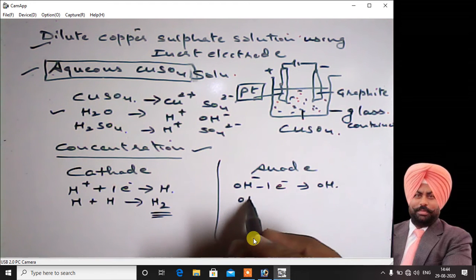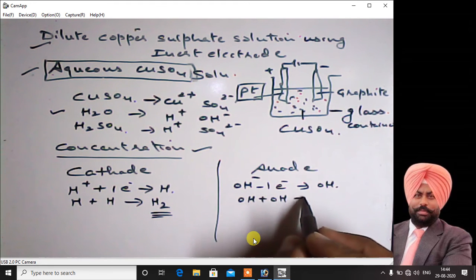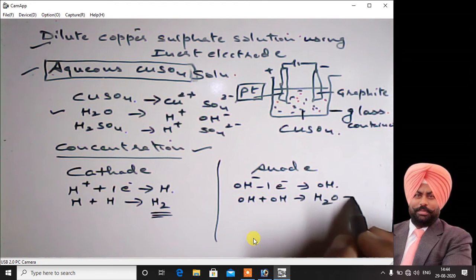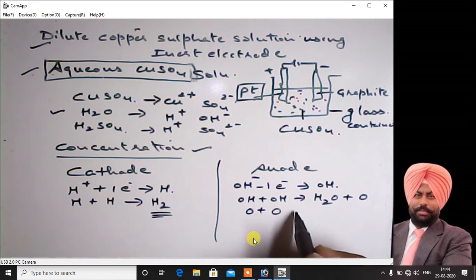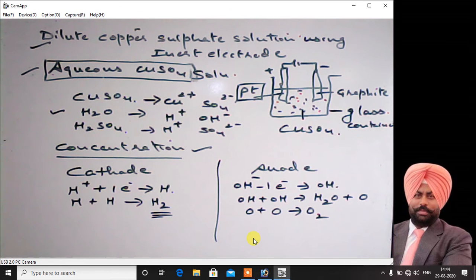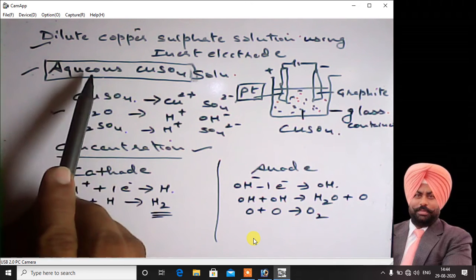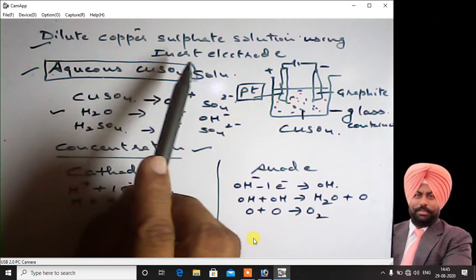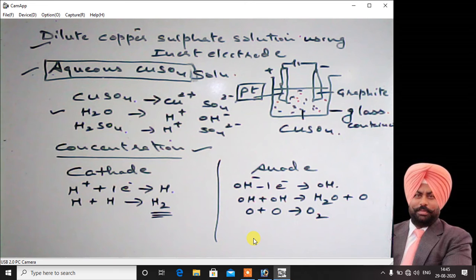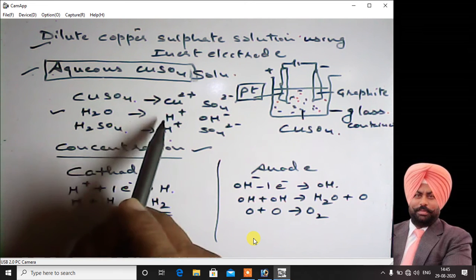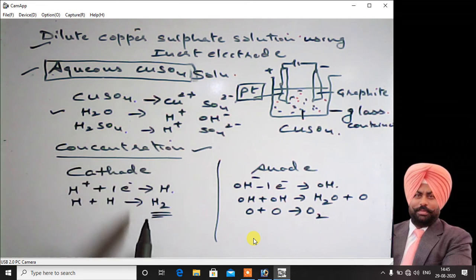This OH will combine with another OH and it will form water plus oxygen atom. This oxygen will combine with another oxygen atom and it will form oxygen gas. Hence, we can see that if we are using dilute copper sulfate solution or aqueous copper sulfate solution with an inert electrode which is platinum as anode, we see as the concentration of hydrogen and hydroxide is more, therefore these